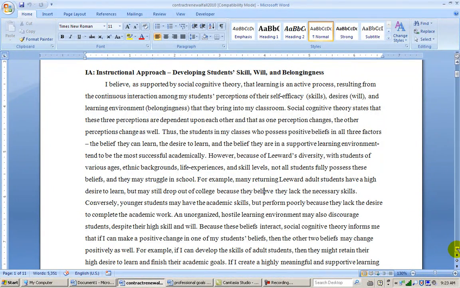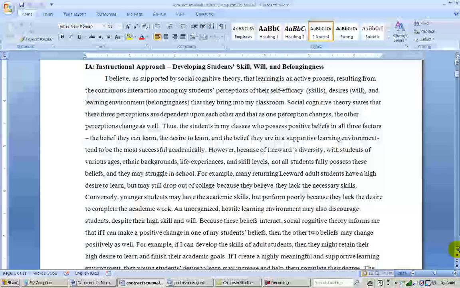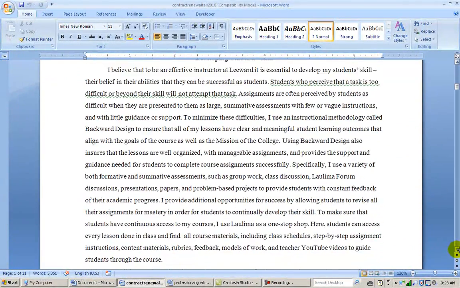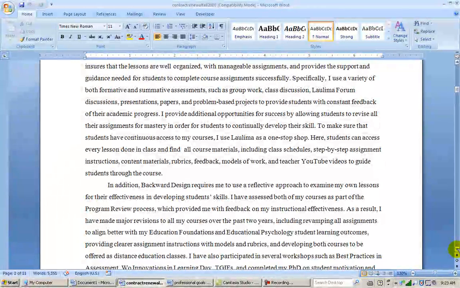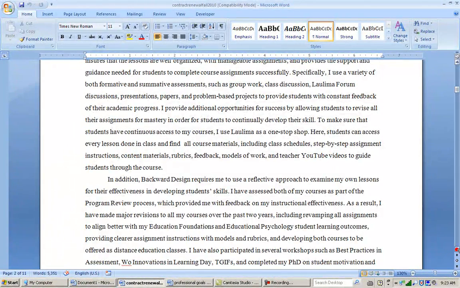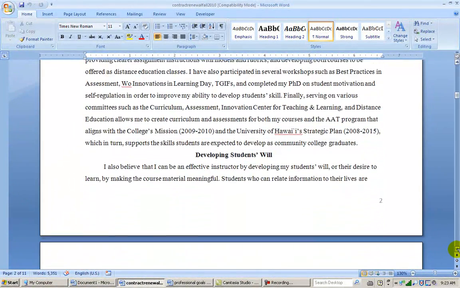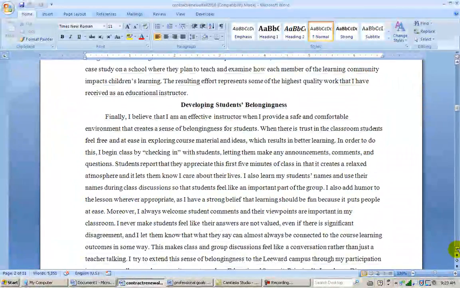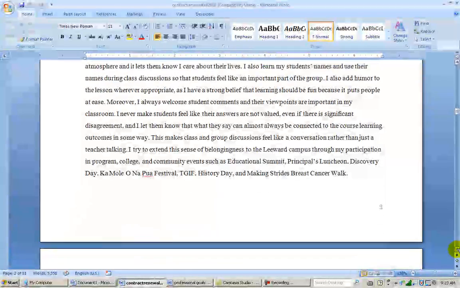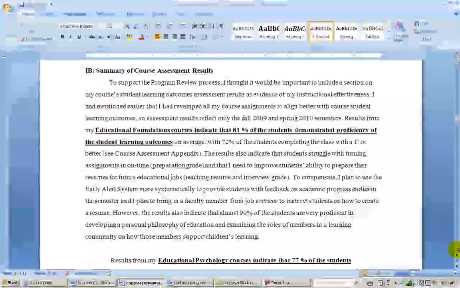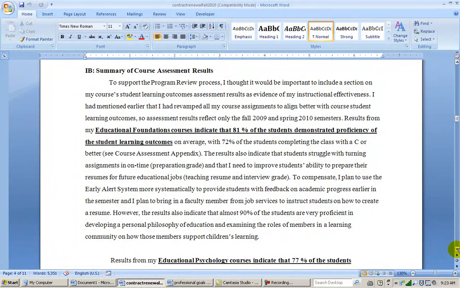So I came up with three parts for my philosophy, and I talk about those individually over the course of 2 pages. And while I'm talking about those, I specifically mention some of the things that I've done to help support my philosophy. And so the reader will get a great sense of everything you've done in the college in the first 3 pages and could stop there.